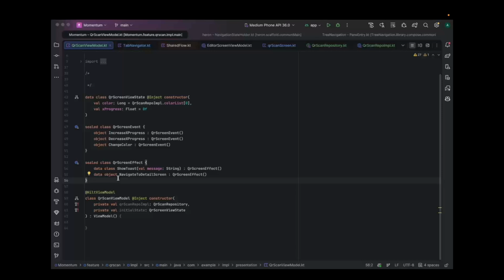In MVI architecture, all the UI state is consolidated in a single state object, and the UIs observe the state and render the screen